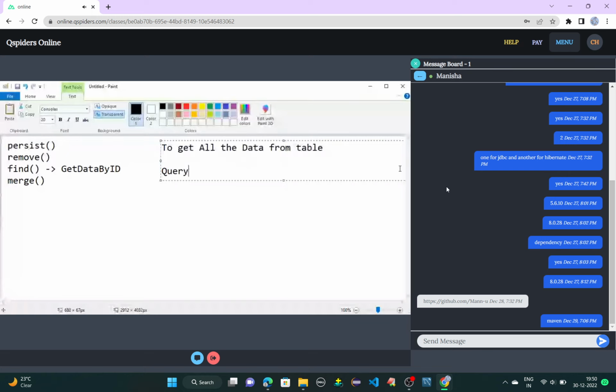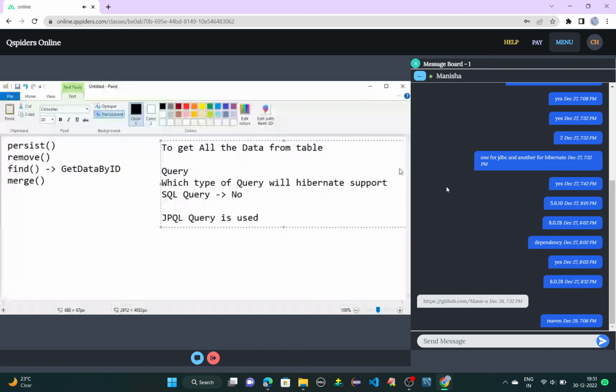Will it support a normal SQL query? No. It will not support a normal SQL query. We have something called a JPQL query. JPQL query we use,